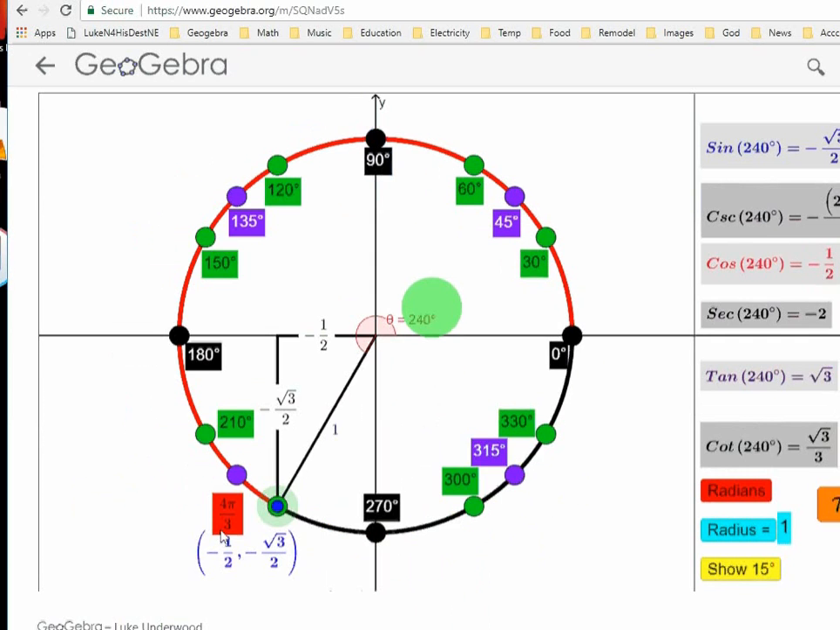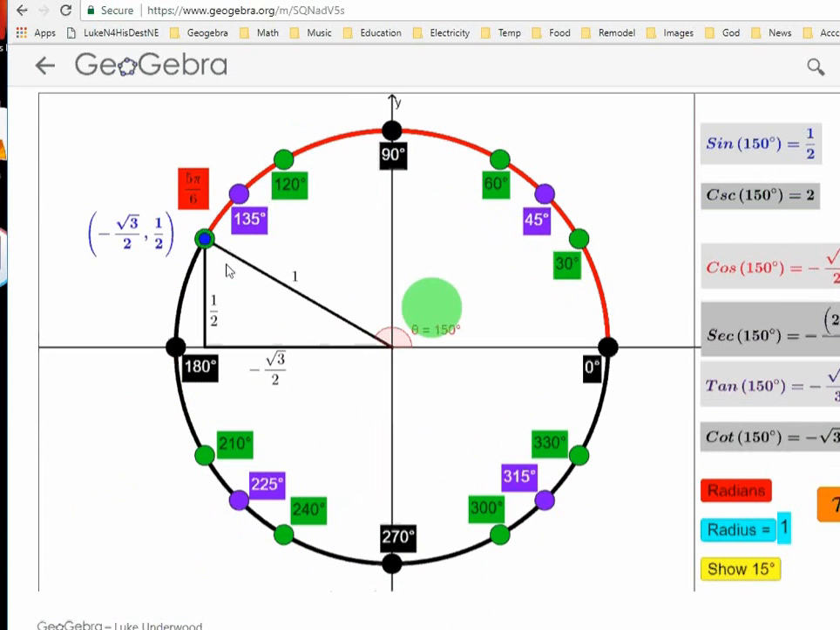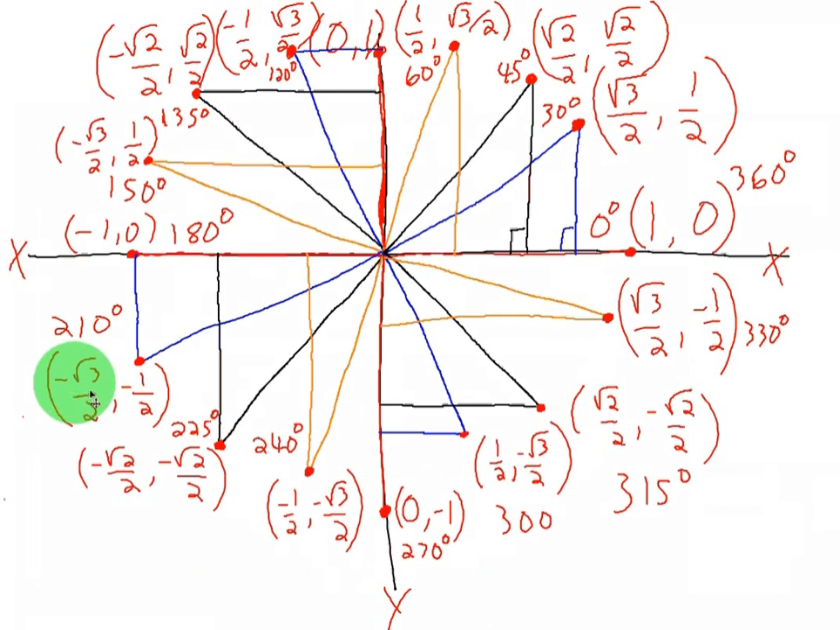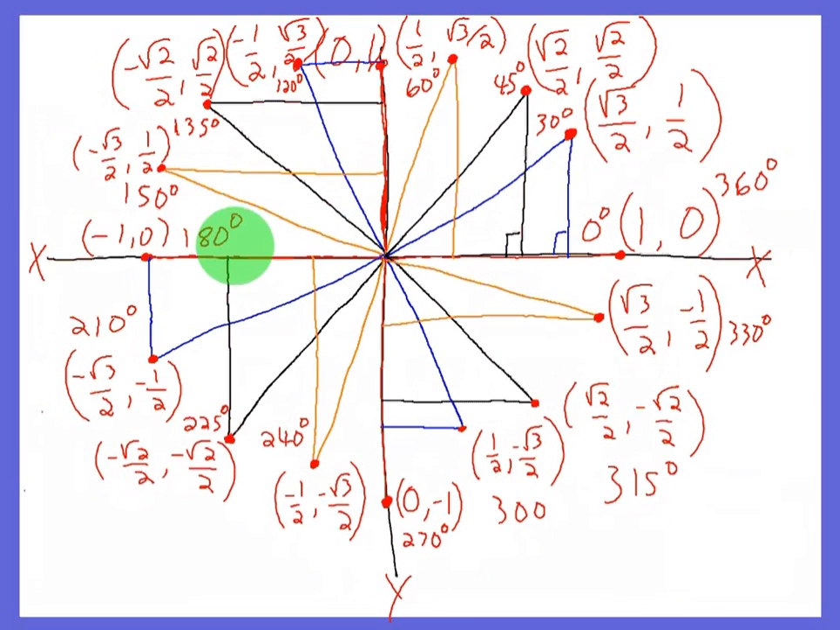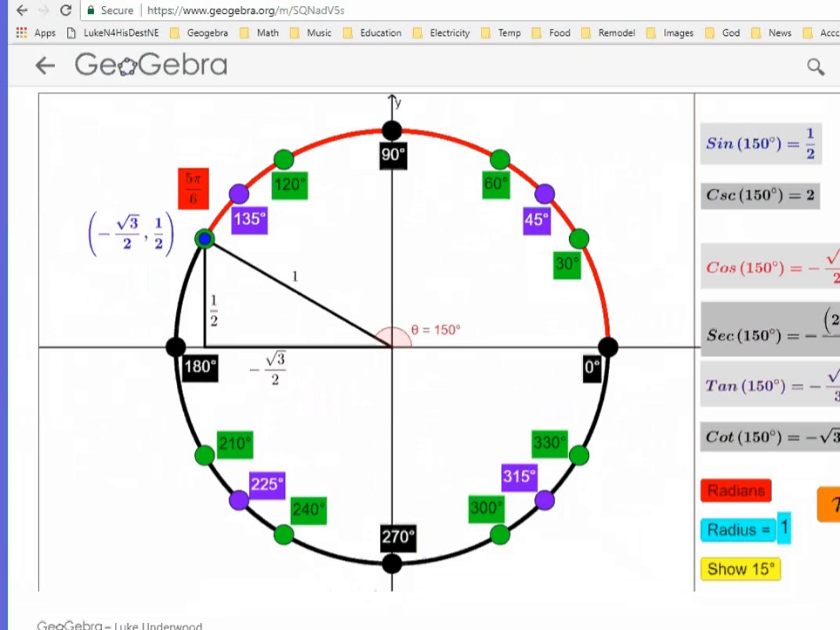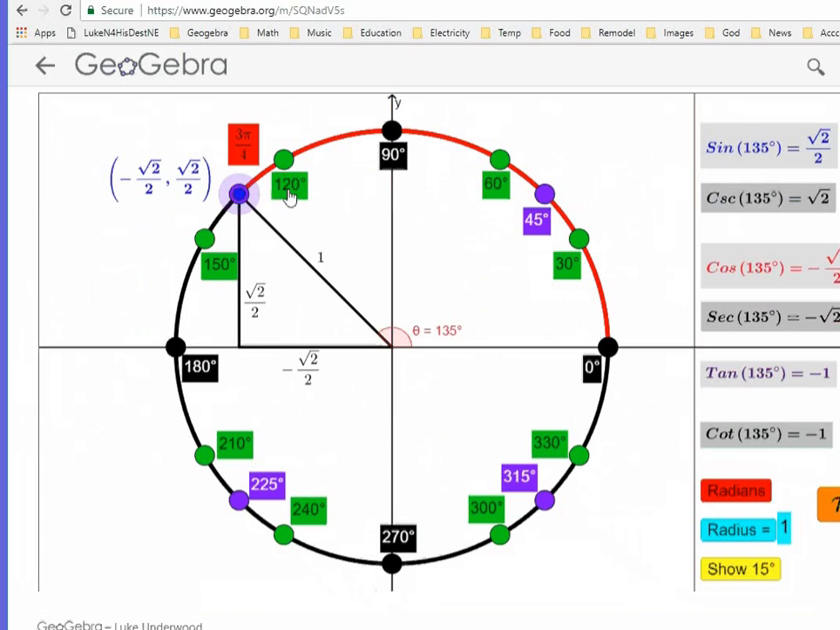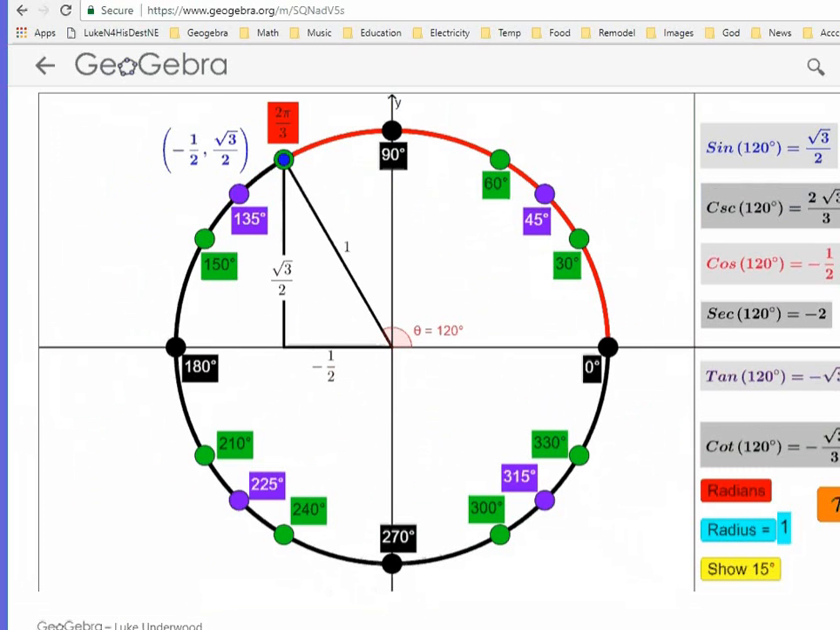Let me see if I can pull up a unit circle with every single point on it. Alright, so here is the unit circle, all points on the unit circle. You can kind of see there's a lot going on, which is why I like this app, because it only gives you one point at a time. However, I did want to give you every single point on the unit circle,